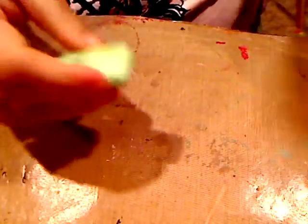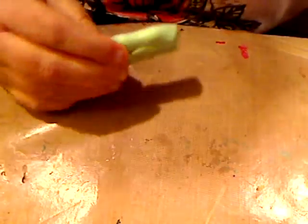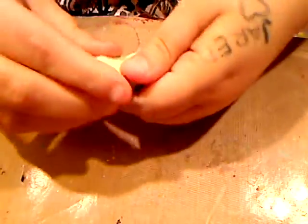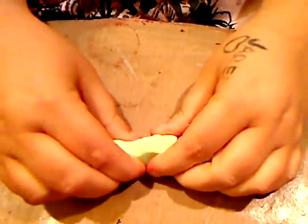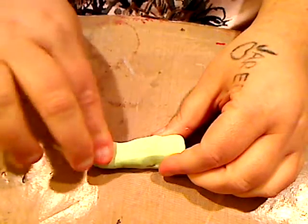So the colors I'm using are purple and this mint green. And as you can tell, like it did in the prior video that I had, it picks up, even though I cleaned my mat, it picks up a bit of whatever pieces I have left on here that wouldn't scrub up. And in my other clay video, and this is going to be a block cane, but in my other clay video, I show you different things on how to